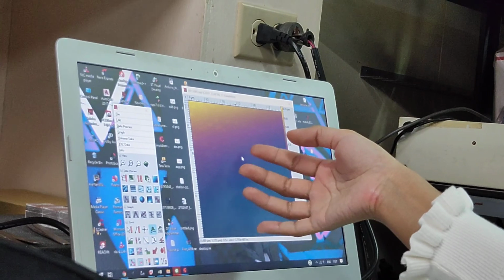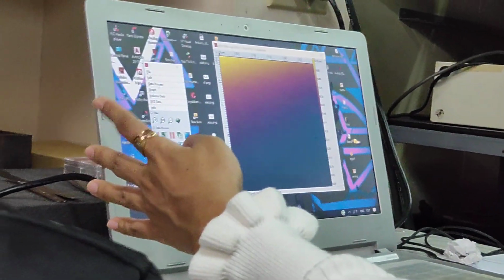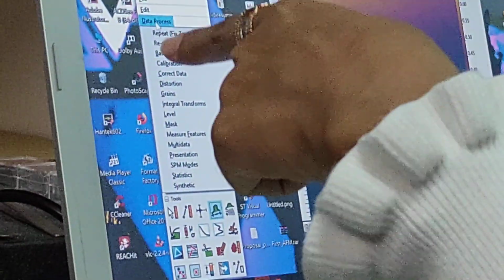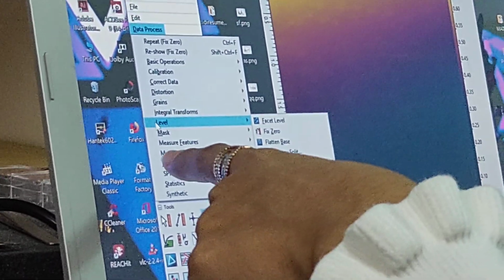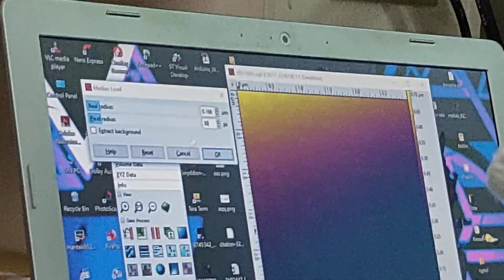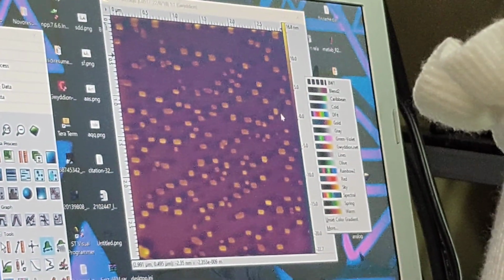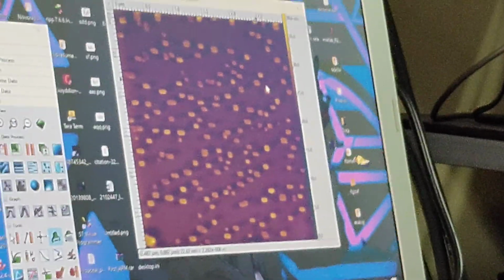So go to the data process level, medium level. It's better. Now we can